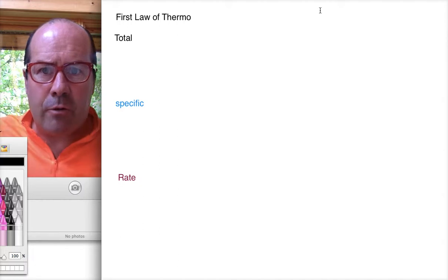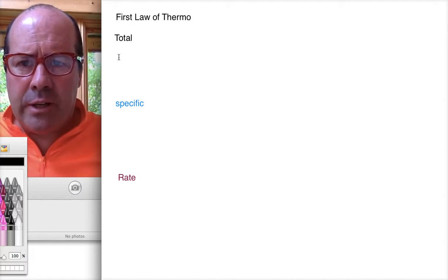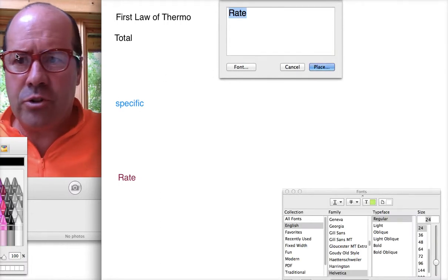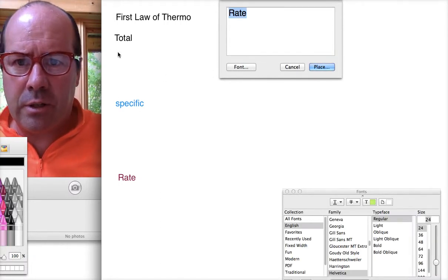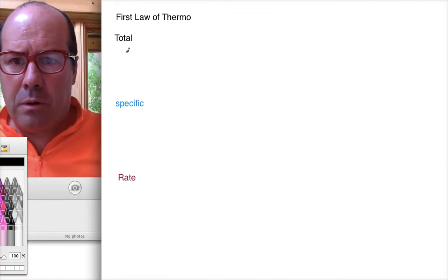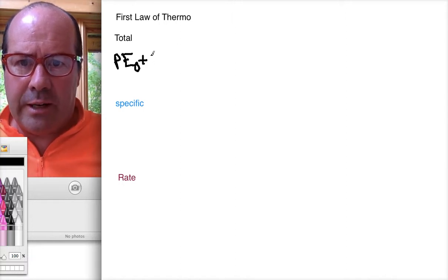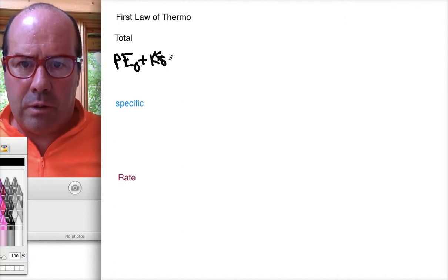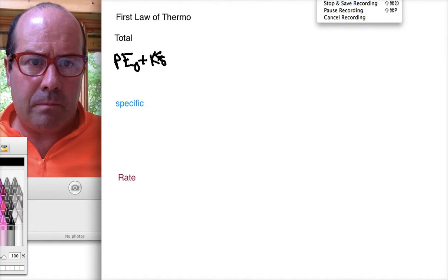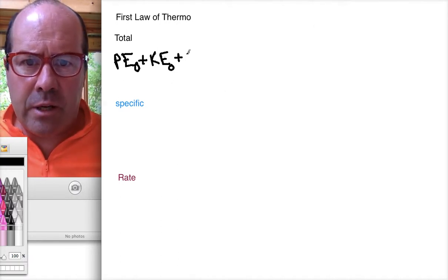So we have a new page here, first law of thermo, total. In total, we'd take the total potential energy. We'd have the initial potential energy plus the initial kinetic energy, plus the initial